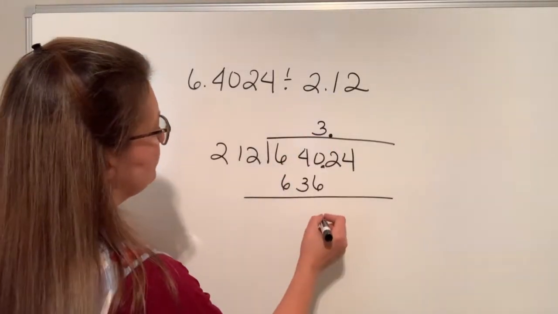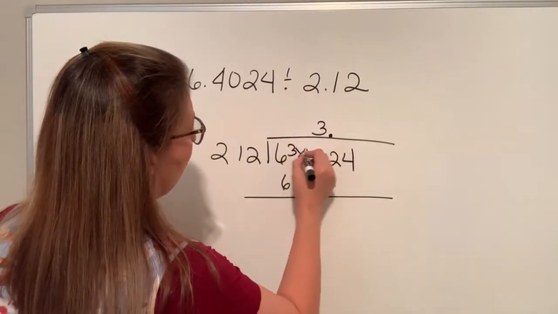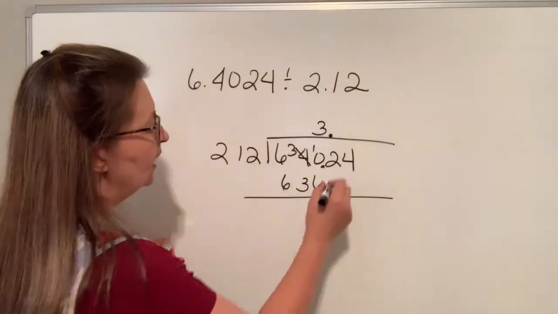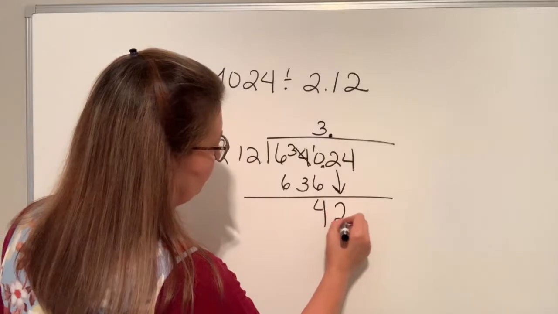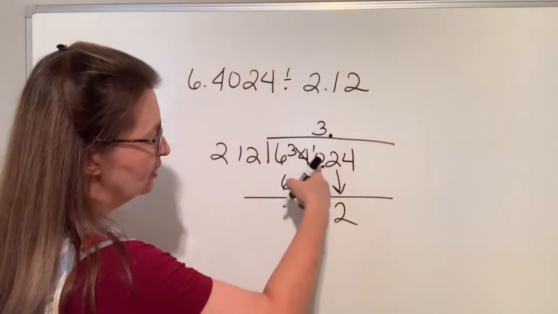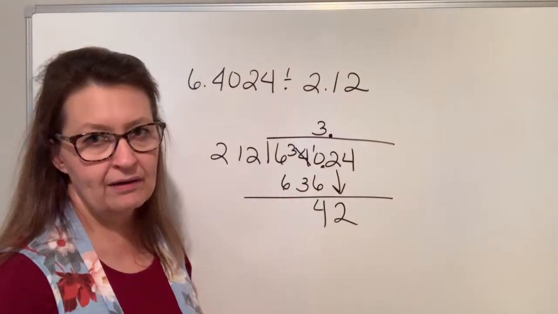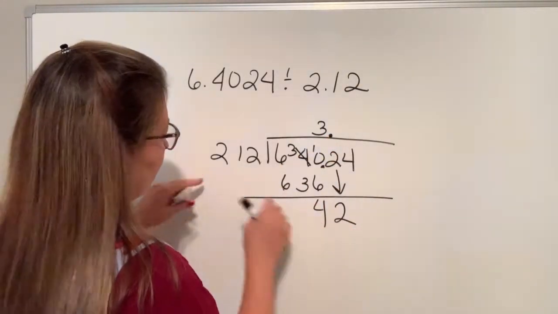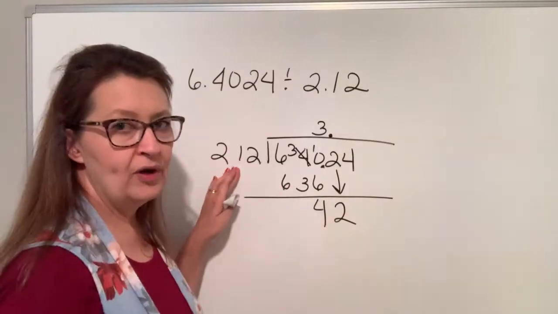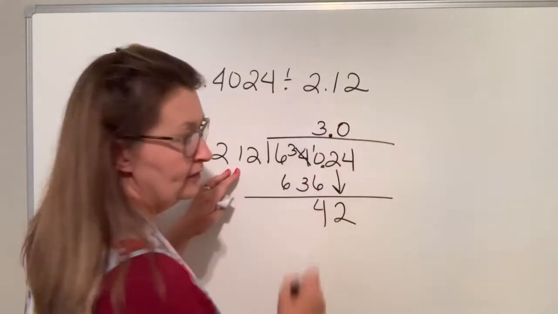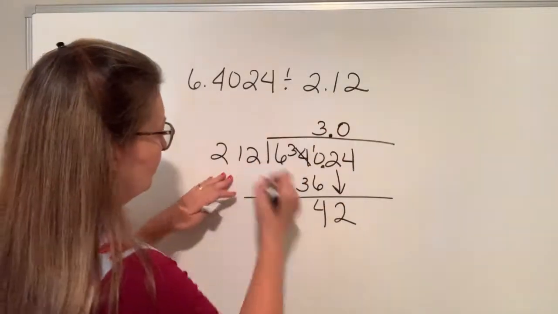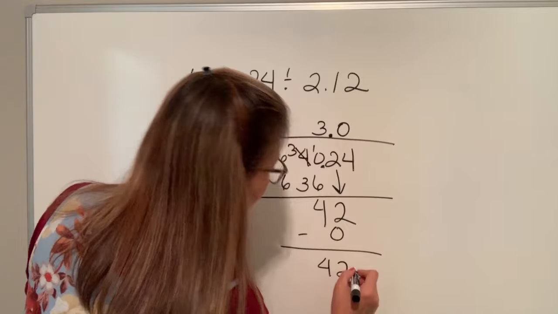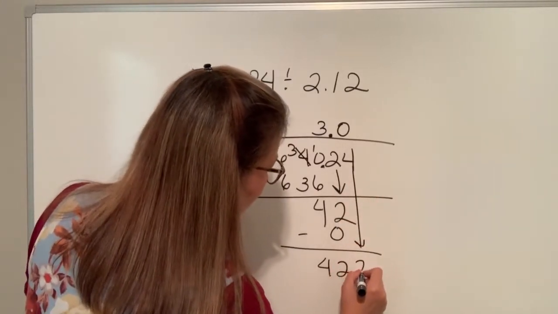Okay? I'm going to subtract. I need to come over here and borrow 1. So 10 minus 6 is 4. Nothing there. And then I'm going to bring down the 2. Now remember, it's not necessary to cart this decimal all the way down anymore. Once you get it up here, you're good. All right? Okay, now how many times will 212 go into 42? Well, that's going to be a big 0. It won't. 0 times 212 is 0. I'm going to subtract. So now I have the 42